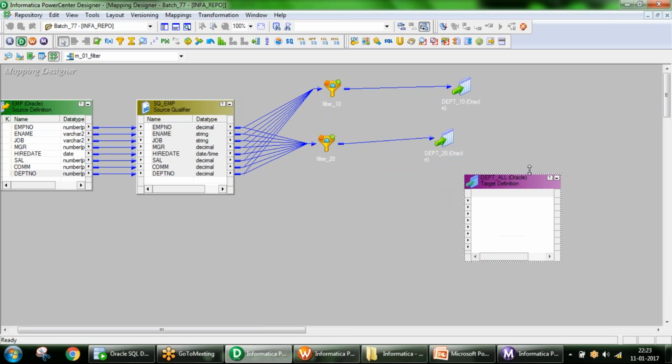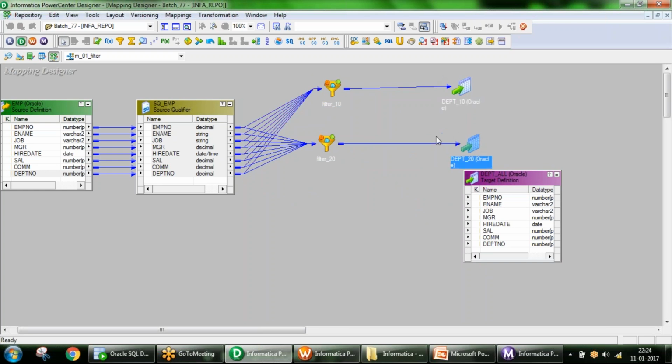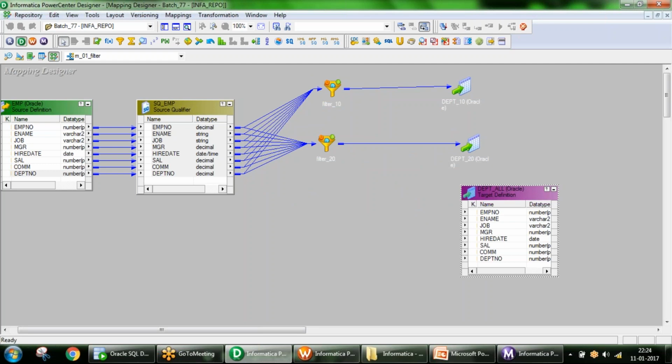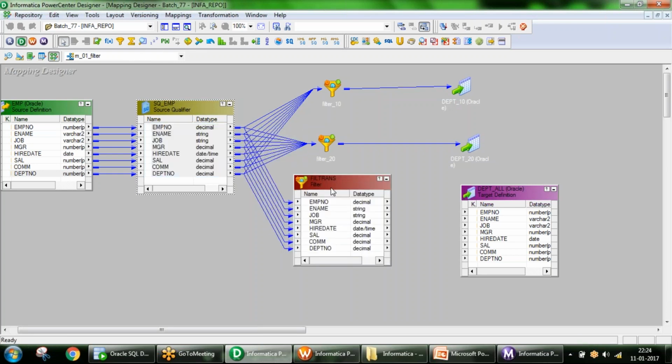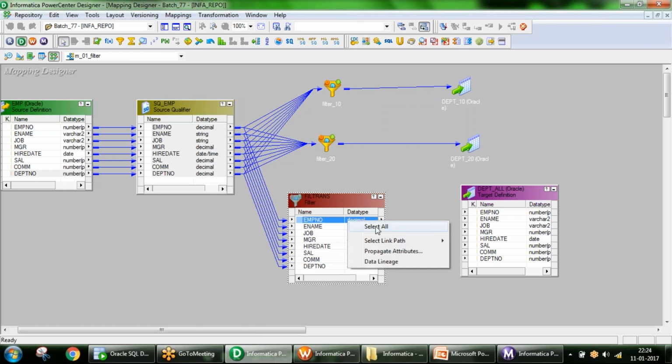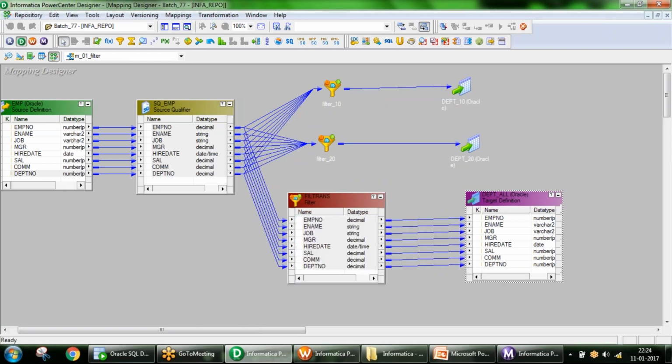Now we have a third target table. The requirement is we don't know what type of data we are getting from source. The only requirement is we need to load DEPT equal to 10 data into the first target table and DEPT equal to 20 data into the second target table and remaining data into the third target table. How will you find out the remaining data? We don't know how many departments' data we are getting, we don't have any idea.